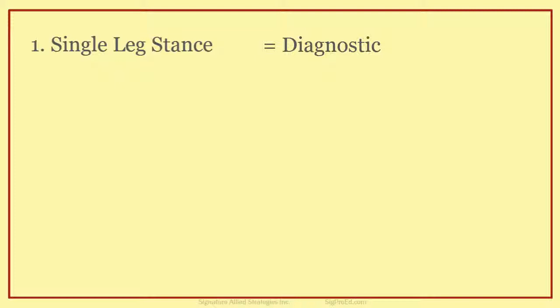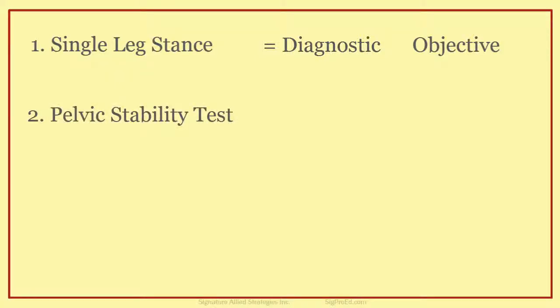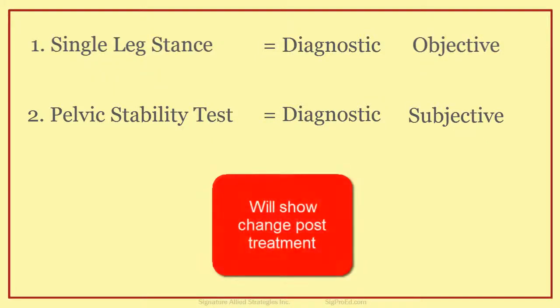meaning that it will tell us where we need to treat, and it is also objective, meaning that there are norms that have been researched in the literature that we can use as a guideline for where our patient is expected to be. And the balance stability test, which is also diagnostic, telling us where a patient lacks stability, but it is not objective, it is subjective, meaning that both the therapist and the patient will be able to kind of feel subtle differences, but there's no objective way to standardize it, nor are there norms in the literature for it. Both of these are good measures of before and after treatment to determine if there has been a change